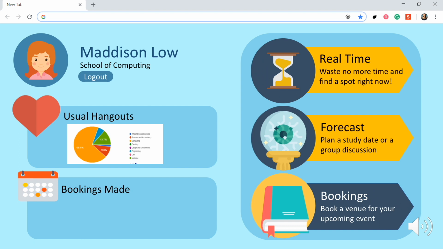The left panel is the profile overview, while the right panel will be our application's main features. Your profile page will include details such as the student's name, photo, and faculty linked to your NUS Net ID account. On the left will be statistics and information that will be tailored to each individual profile. Firstly will be the user's usual hangouts, which are your favorite campus spaces derived from analytics based on usage through our application. Secondly, the user can also easily manage the current bookings that he or she has made through the